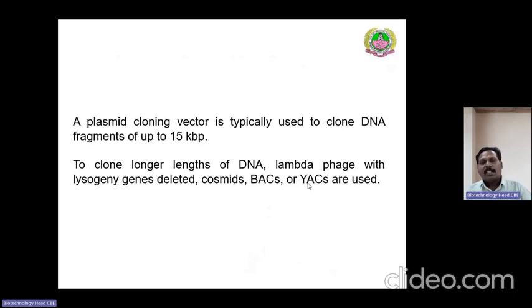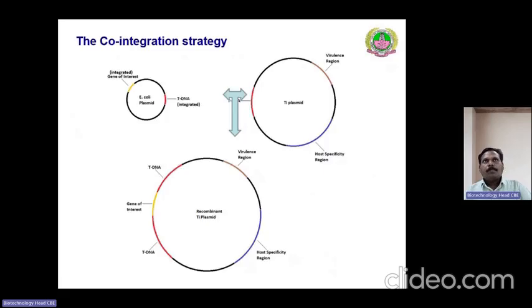If you want to clone a longer length of DNA, we can aptly go for other vector systems like lambda-phage DNA or cosmids or artificial chromosomes like BAC, YAC or PAC vectors, which can be used for cloning the larger size of DNA. So in this case, when we go for a co-integrate vector strategy, you can typically see here the